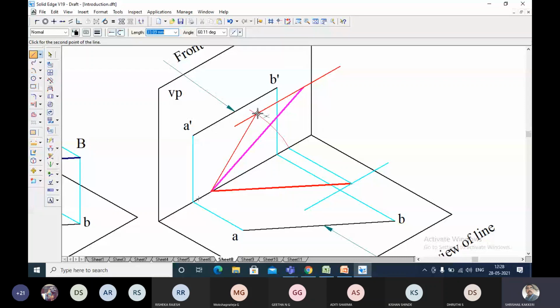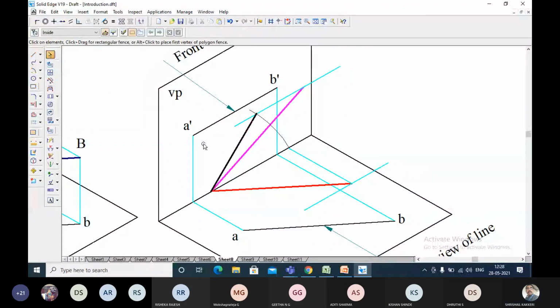And similarly, if you want to draw the top view of the line, how are you going to do it? You are going to project this up to here.